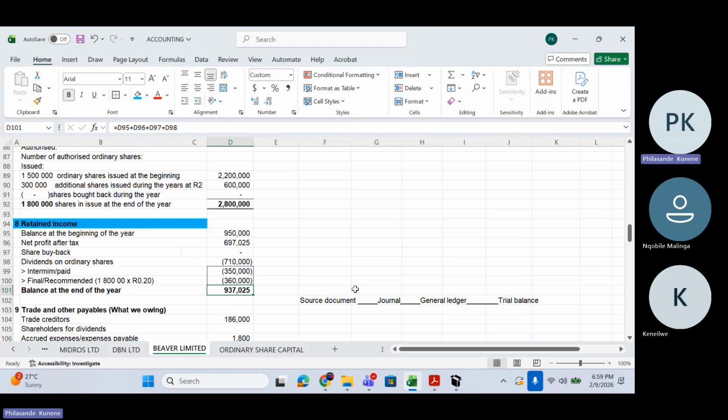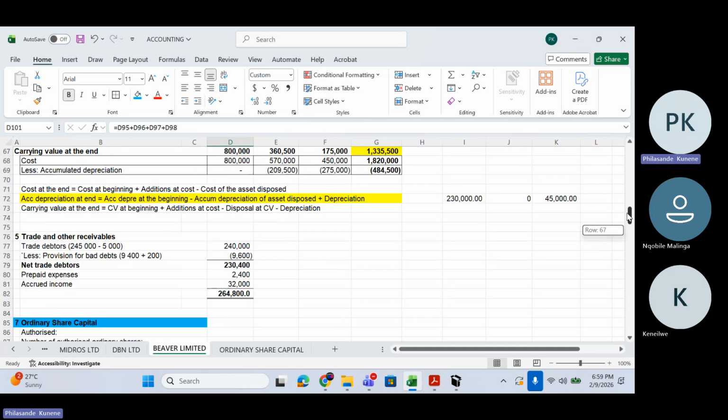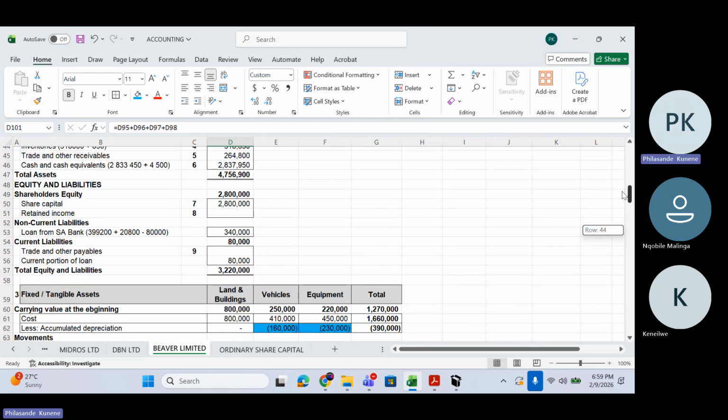Am I correct on this one? So this is going to be our balance, 937,025, which is going to be here. Okay. Then we have 373,025 as part of our share capital,